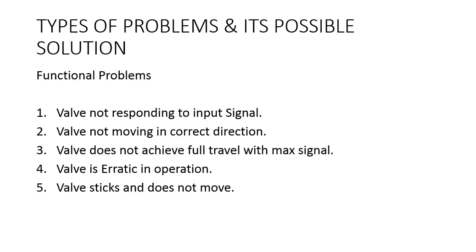Next, valve is erratic in operations. Excessive packing friction: then it is better to discuss with the valve manufacturer. Actuator and valve misalignment: there could be a bent stem, actuator not sitting properly, or misalignment of the valve and the actuator stem. Check how the valve and actuator are lifted during installation. Many times it happens due to mishandling at the site itself.